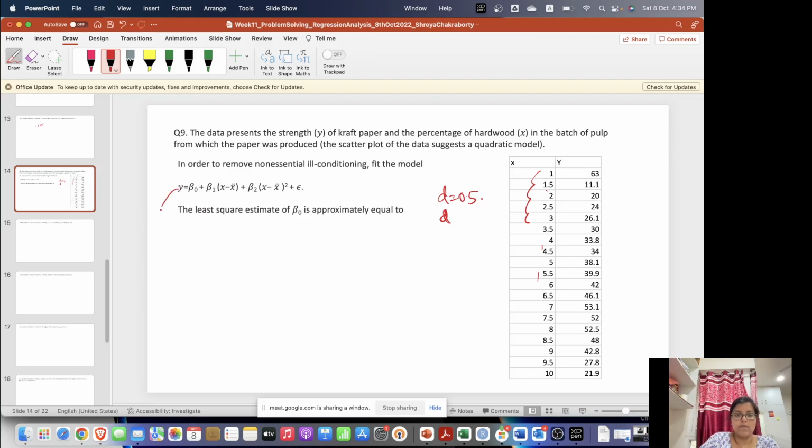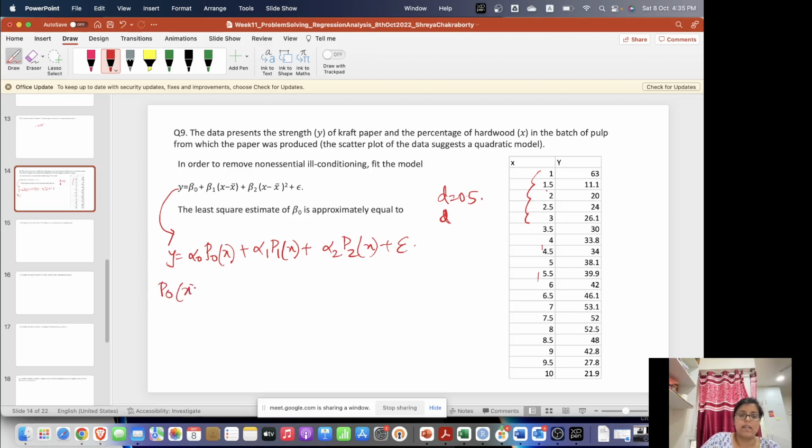So this we can write equivalently as alpha naught p naught x plus alpha 1 p1 x plus alpha 2 p2 x plus epsilon,